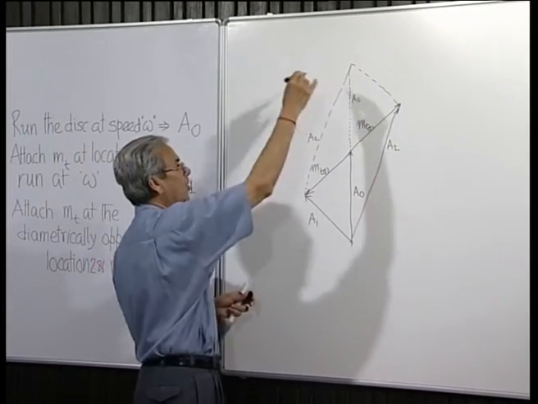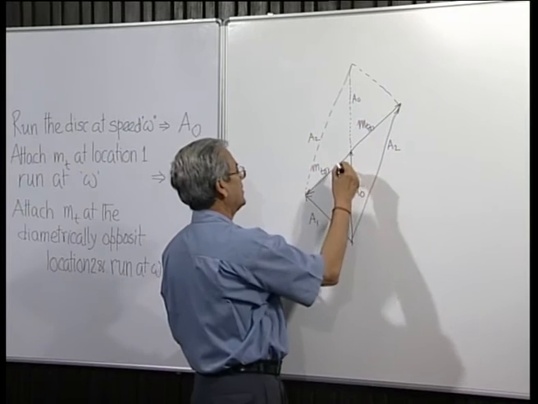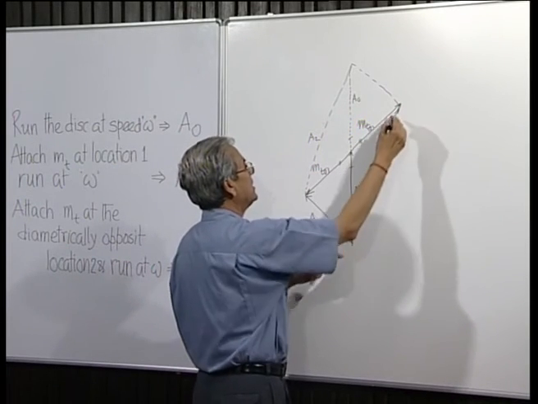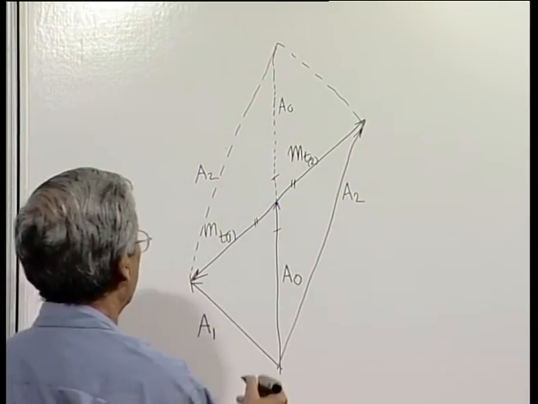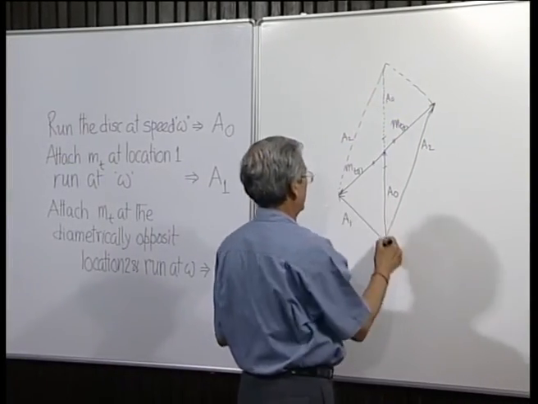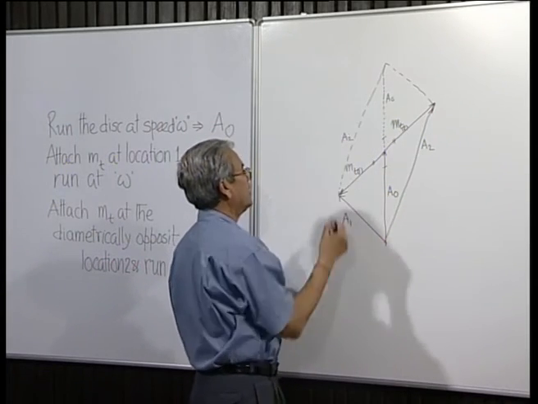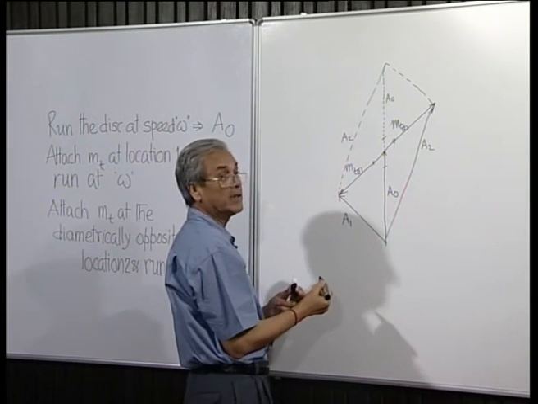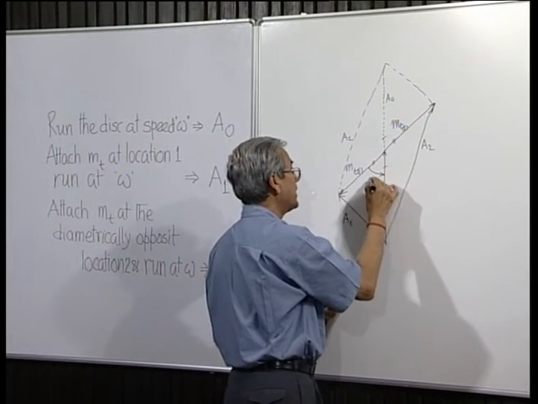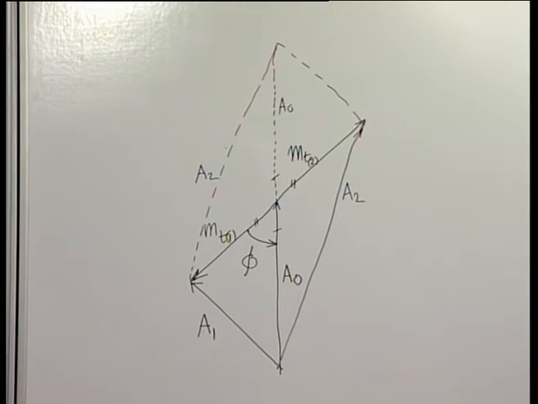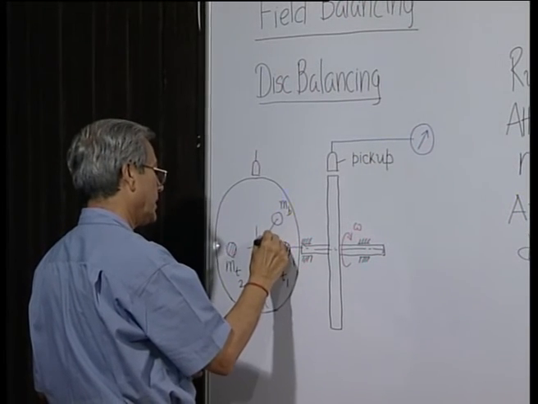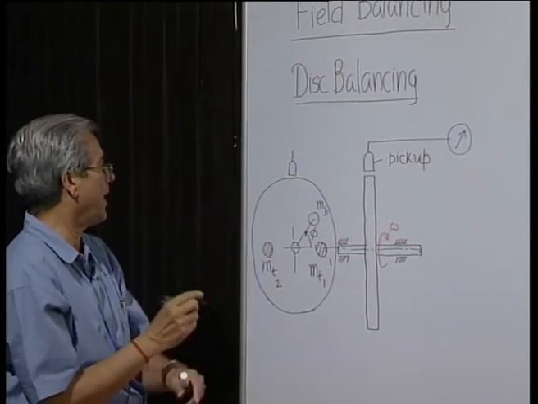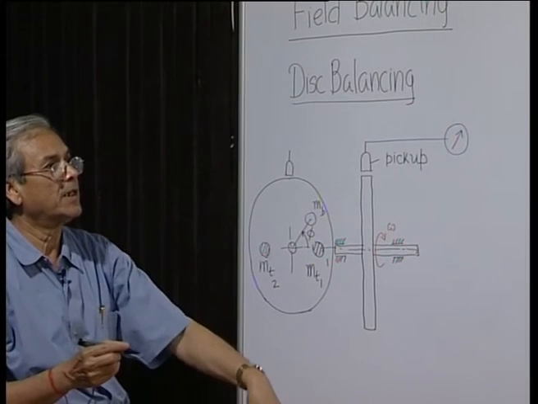So, this triangle we can always draw, and as you can see this is equal to this, and this A2 is equal to this A2. And if we draw this triangle 2A0, A1, A2, then we know this is the effect of the trial mass in its position 1. So, we know how much it has to be rotated and in which direction. So, the actual position of this trial mass will have to be somewhere here, balancing mass. You have to rotate in the same sense by the same angle phi to nullify the effect of the original unbalance, and you have to of course